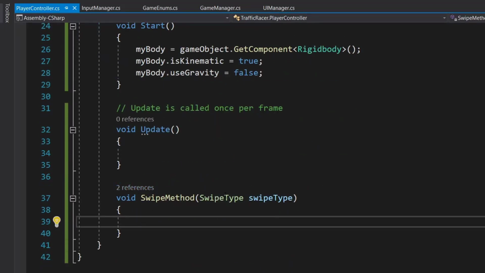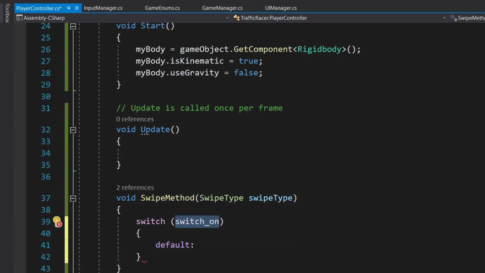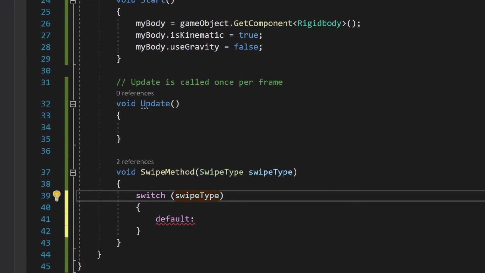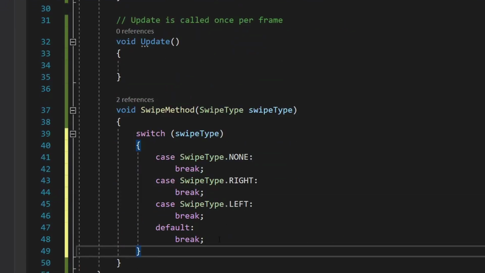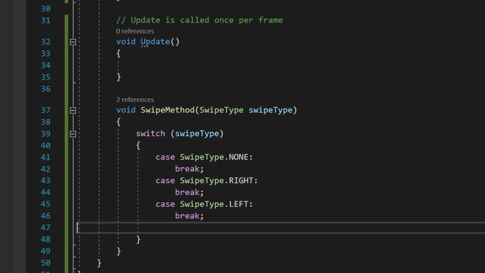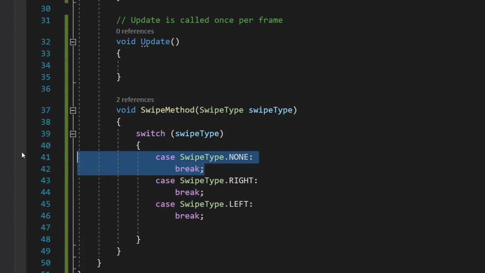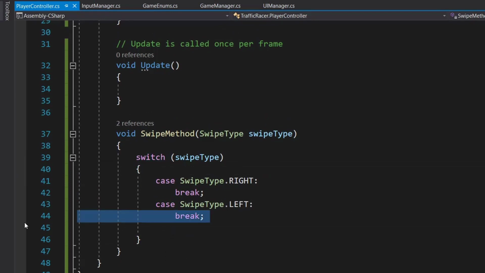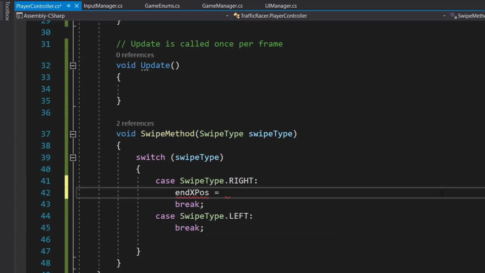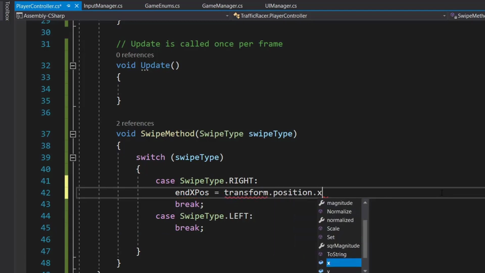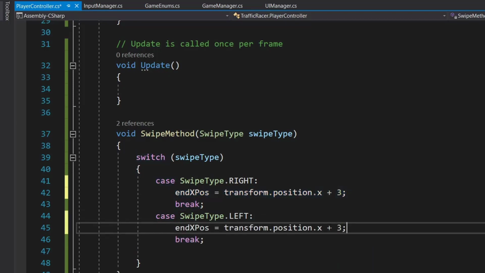So now here we are getting our swipe type. So we'll create a switch statement. So switch swipe type, and we will populate all our cases here. So right now we are going to check only for right and left swipe cases, so we will remove all the others. So in swipe type dot right case, we will set our end pose is equal to transform dot position dot x plus 3 because we want to move on right side, and in left case we will set our end pose equal to